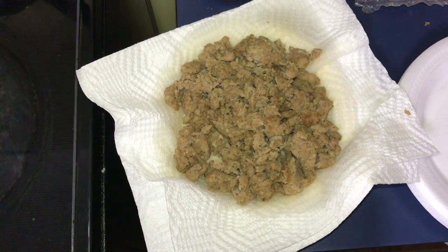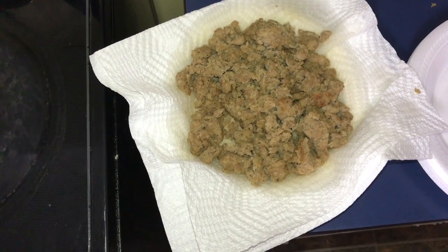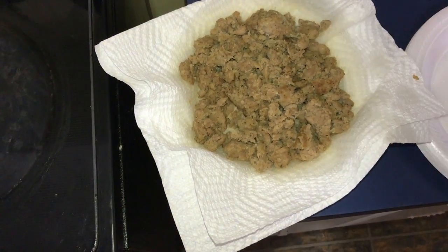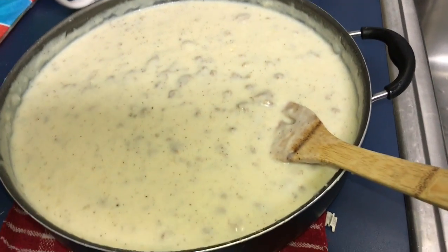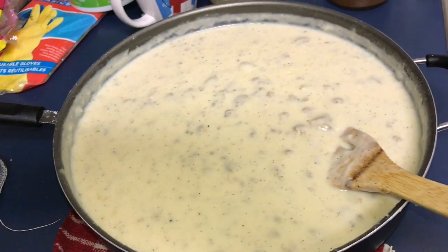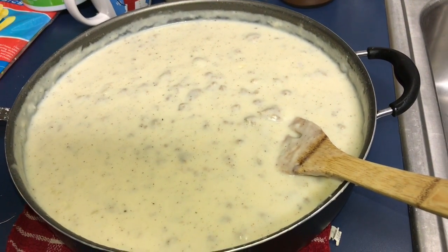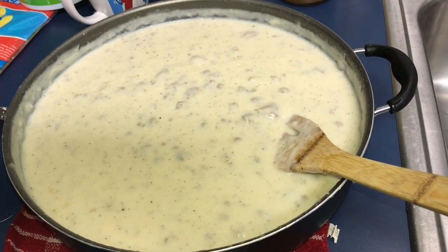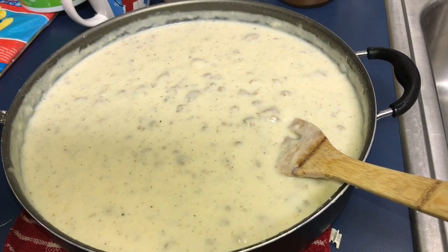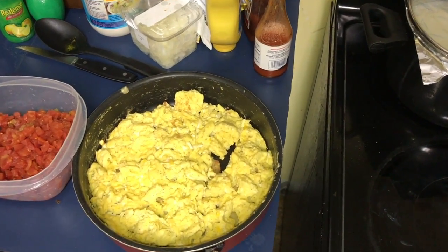So here we have the sausage. It's already been drained. When you make your sausage gravy, just pull it out and set it to the side. And here's my gravy already made. Now, just look on my blog. There is a recipe for homemade sausage gravy already on there. And I realize most of you don't have time or don't feel like making gravy, so you can use canned